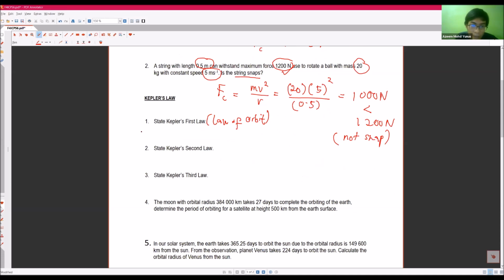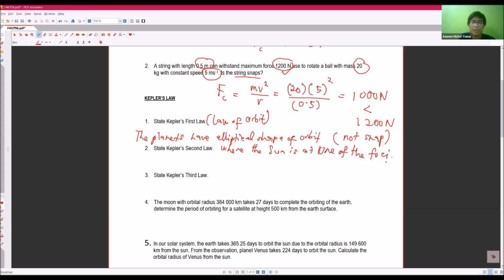So the planet has an elliptical shape of orbit, where the sun is at one of the foci. Okay, basically what it states is that if we have an elliptical shape, this is the planet's orbit,